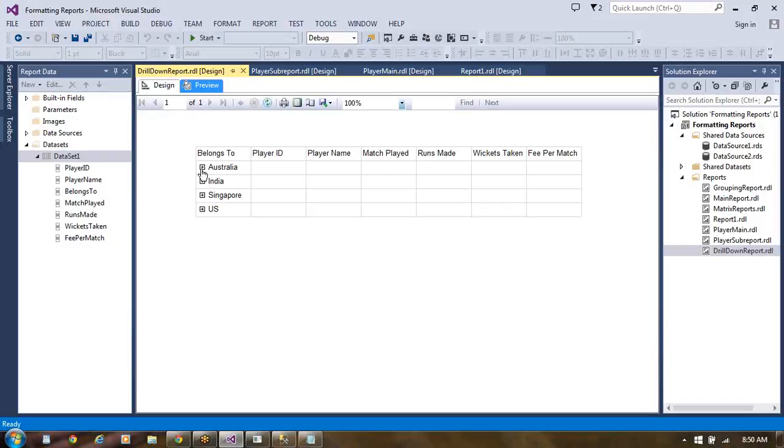We can show the charts also in this. Charts and graphs we can show in the given report. We can be showing charts as well as graphs in the given report. See, as far as SQL Server Reporting Services are concerned, they have rich set of data visualization tools. Some of them are going to be charts and graphs.